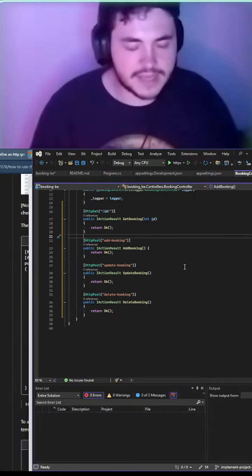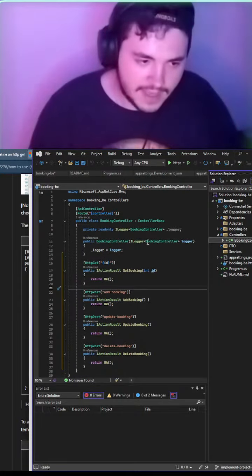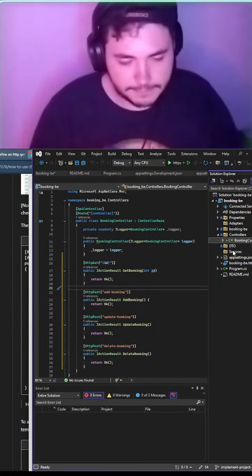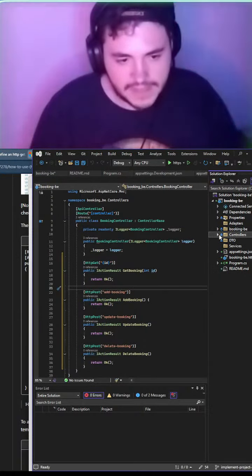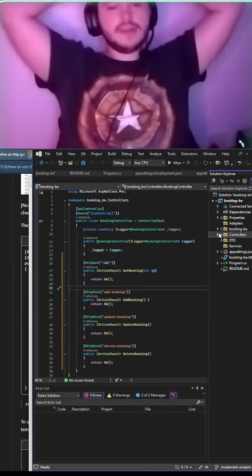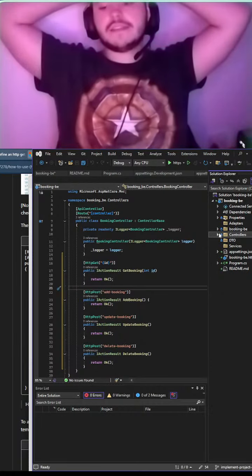So the next thing we're going to need to do is define a service, basically a way for us to interact with the other services. Now, the proper way to do this is to set up something called an interface.